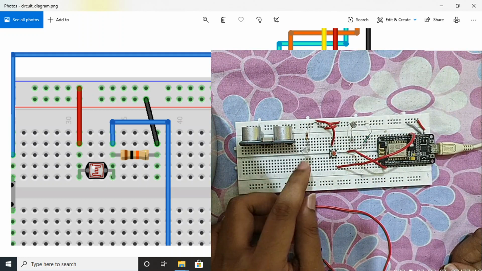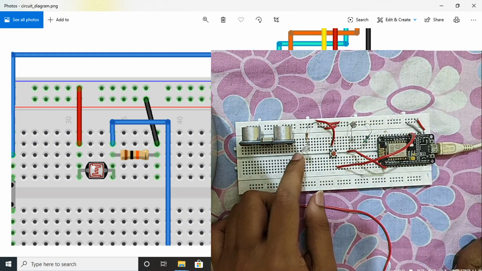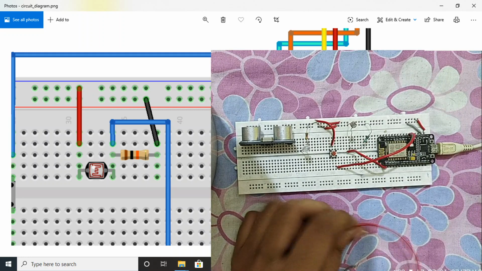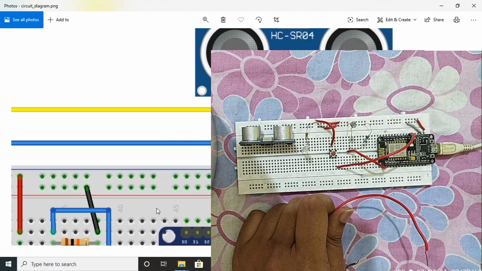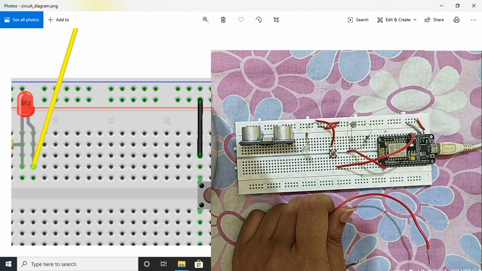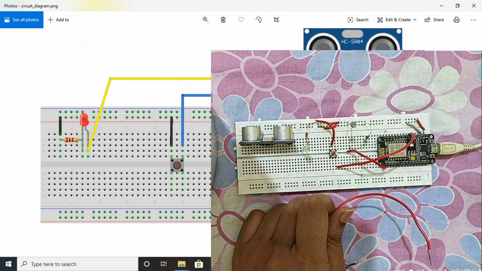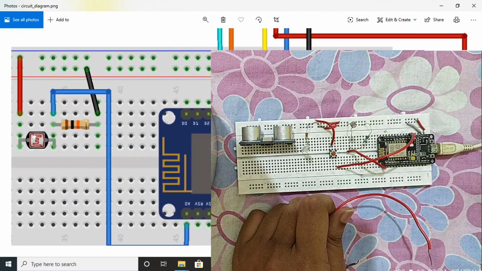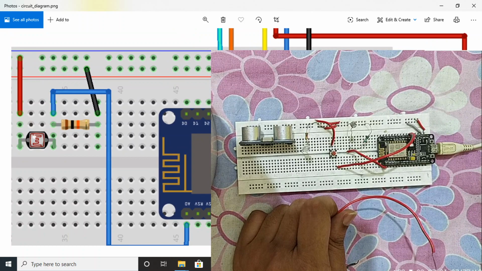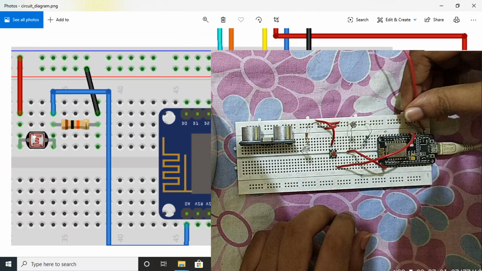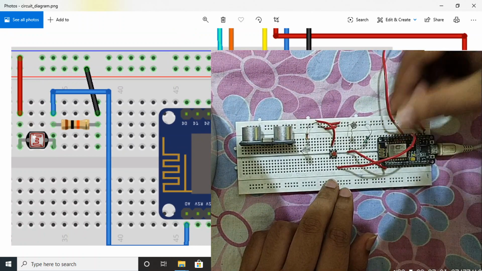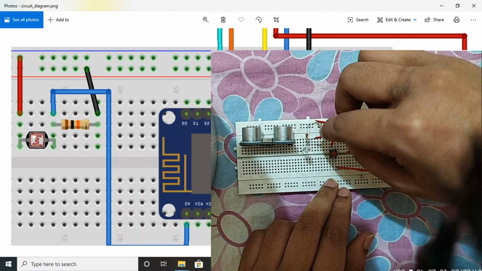Yeah, and one end of this LED is connected to which pin? Let's see here. One end, this yellow wire is connected to D5, D6 and D5. Let's connect here.